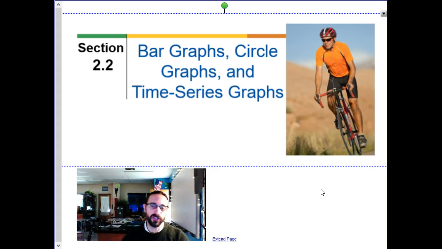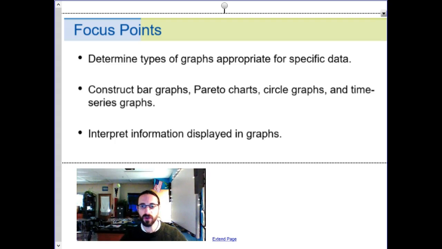In this lecture, section 2.2, we're going to talk about different kinds of data displays, specifically bar graphs, circle graphs, Pareto charts, and time series, and why this is useful. Again, the idea is we're going to do these things by hand first, so you understand the mechanics of it, why you need to be consistent in how you do it, and then I'll show you how to do it